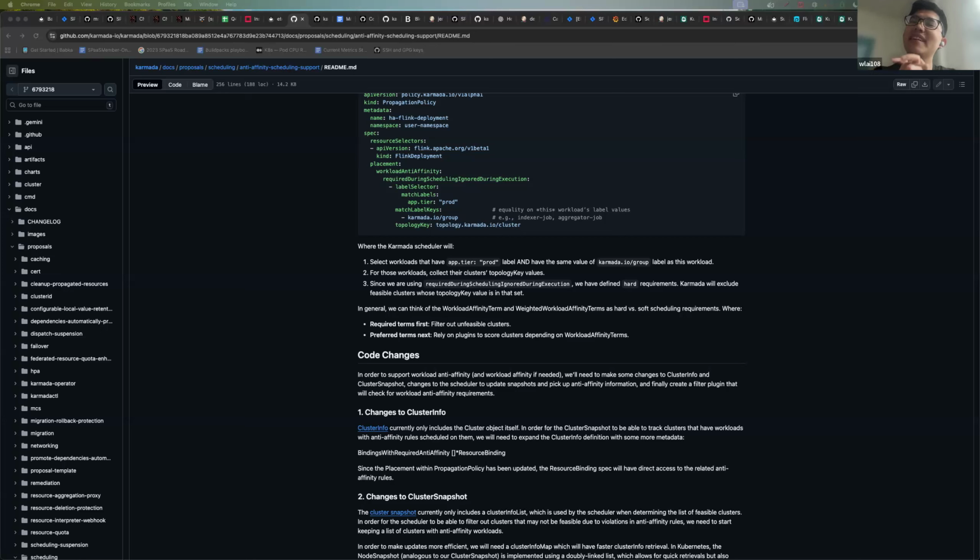I haven't tried yet, but I remember the purpose of it is also for HA, to spread the workload to multiple clusters, and then we can make sure it has a specific group of the workload. But I can double check. I'm just curious. Never mind, I will check it.